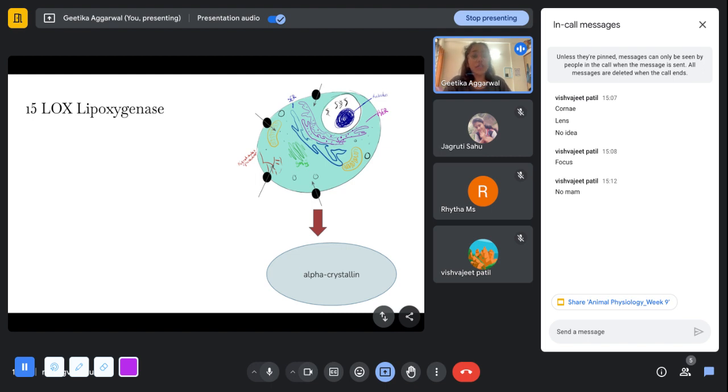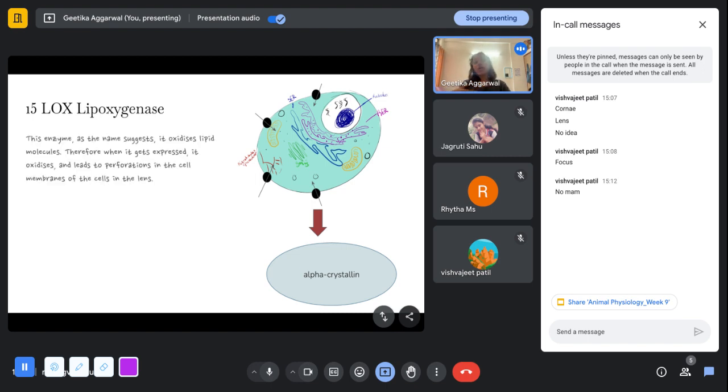that oxidizes lipids. So, what happens after this enzyme gets expressed in huge quantities is that it oxidizes the lipid bilayer that binds every single cell present in the lens. And therefore, these perforations that I've marked here in black get formed on the cell membrane. And the cell, which was separated from the external environment, gets exposed to it, and the extracellular fluid rushes into the cell. What happens after this is that all of the enzymes present in the extracellular fluid get inside the cell and destroy all of the organelles inside the cell.